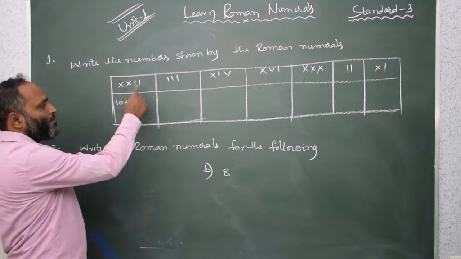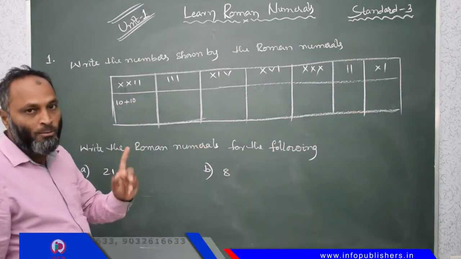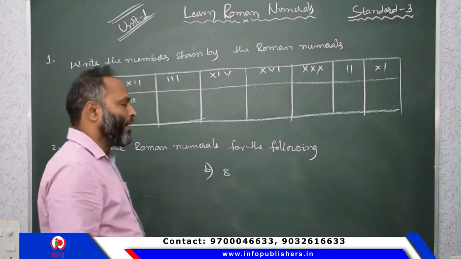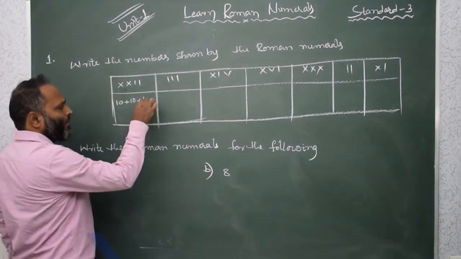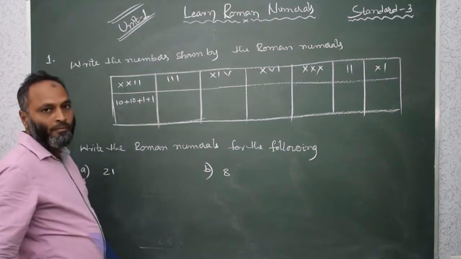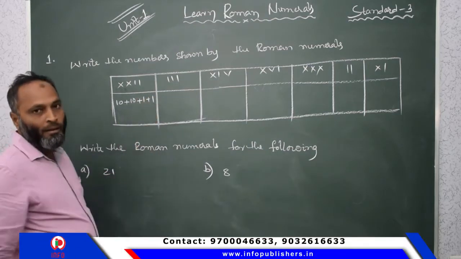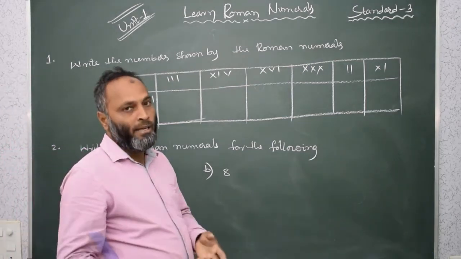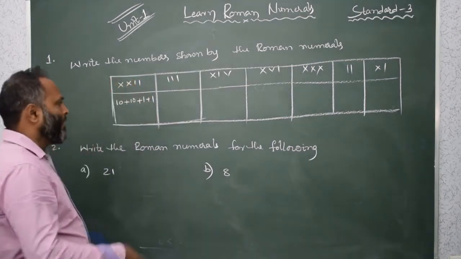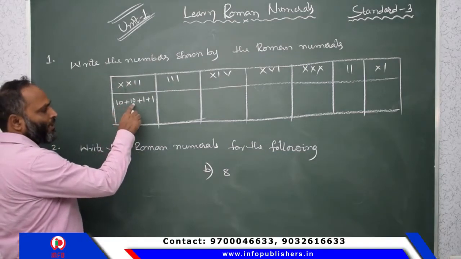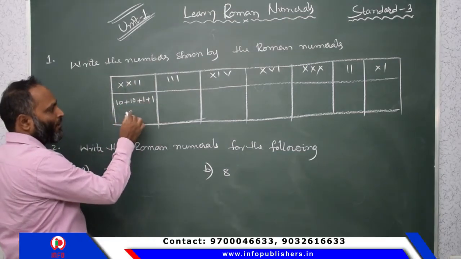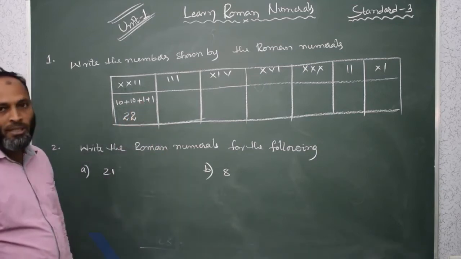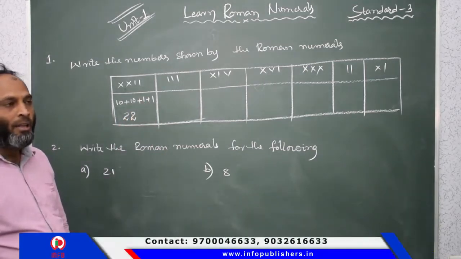And again, this is the small Roman numeral. When the small Roman numeral is on the right side, again we have to add. I means 1. Then we have to add all here. Why? Because X is repeated, and the small Roman numeral is on the right side. Then 10 plus 10, 20, 20 plus 1, 21. This is the 22 representation.